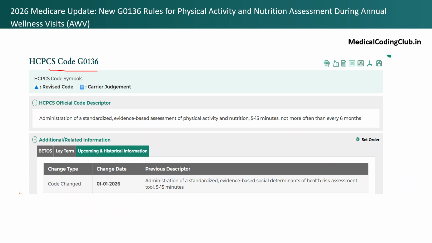If you see here, the earlier descriptor, which is 2025, before Jan 2026, says: administration of standardized evidence based social determinants of health risk assessment tool, 5 to 15 minutes. This was the earlier description of the code G0136. But effective from Jan 1 2026, the description now says: administration of standardized evidence based assessment of physical activity and nutrition, 5 to 15 minutes and not more often